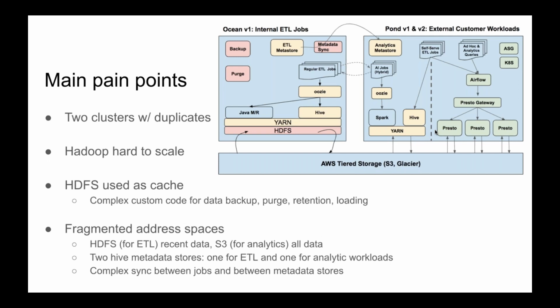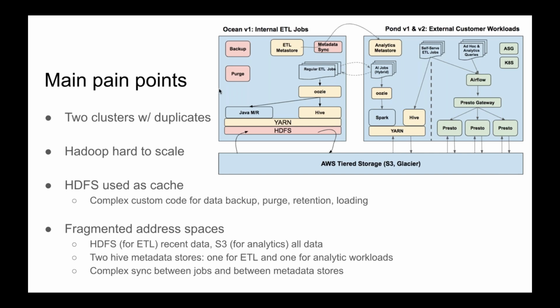So we can already see a few pain points here in this legacy architecture. First is we have to maintain two clusters with duplicate functionality. Actually, in the real system, we have more than two clusters. We have 5 or 6 clusters with a lot of duplicate components. It's a nightmare to upgrade and operate these different clusters. And also it's a waste, right? Because you have to pay for all the duplicate components.